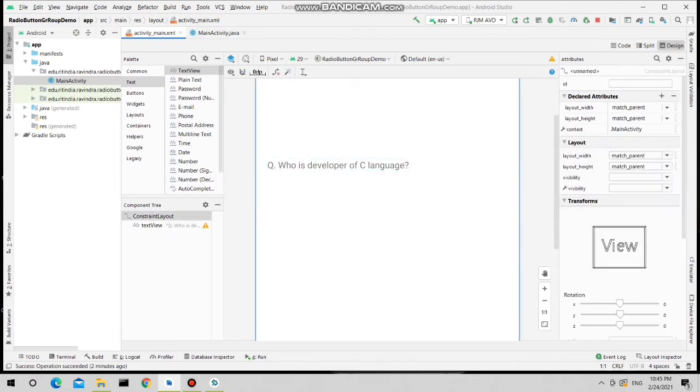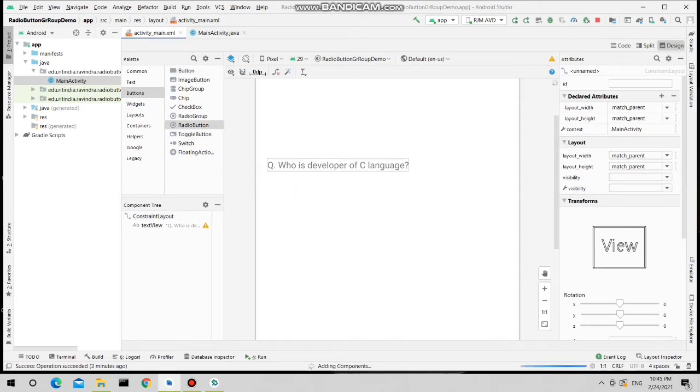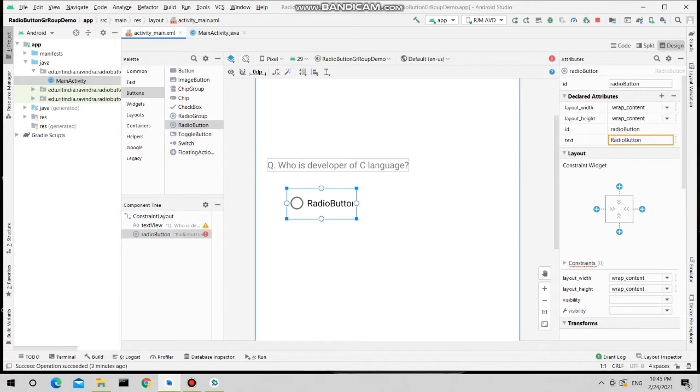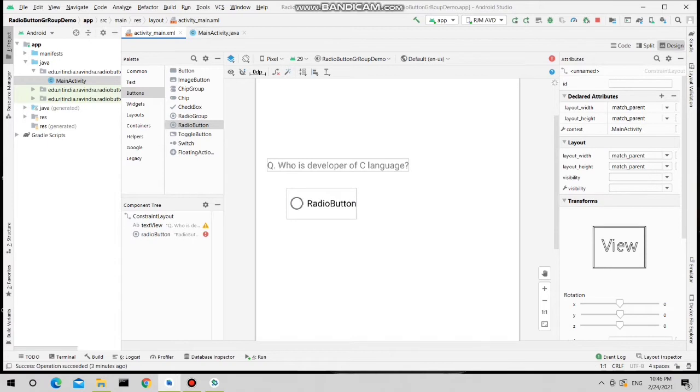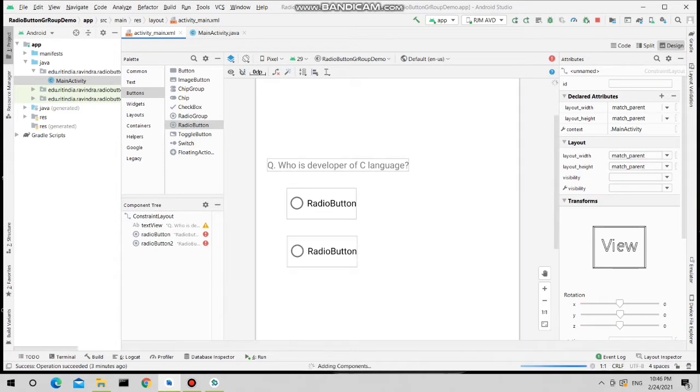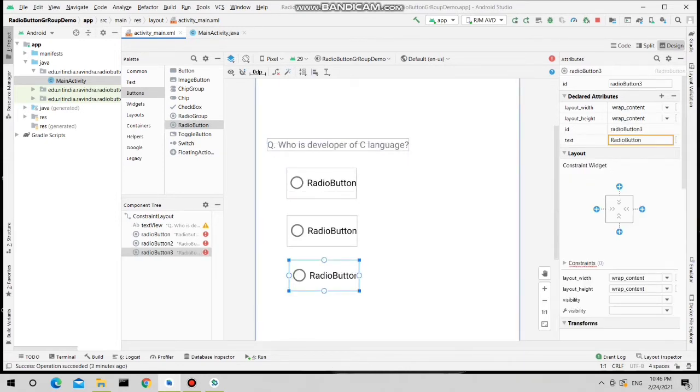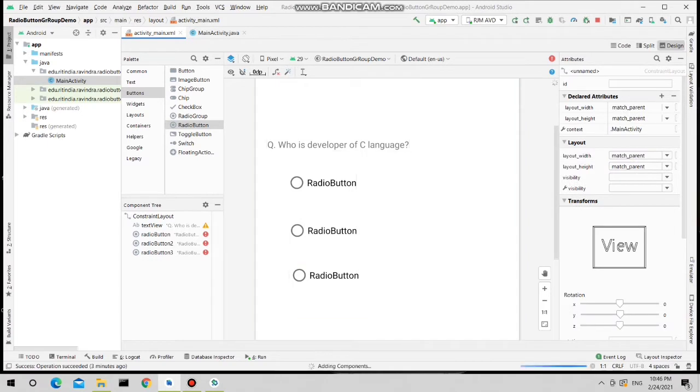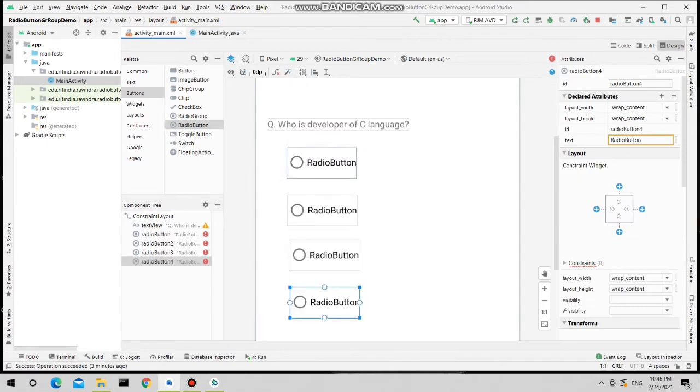Now there will be four options for this question, and those options will be displayed using radio buttons. Suppose for this question there are four options. I'm setting the text for the first option: Dennis Ritchie.